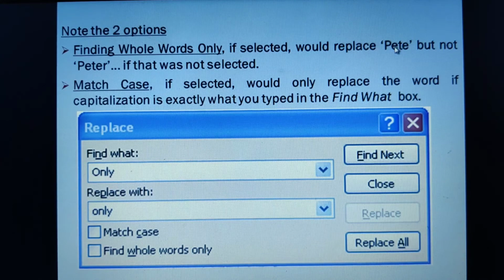Whatever you are searching for should be the same. If you are giving Peter completely, then only wherever in your document Peter is there, the same word will be selected. Match case means capitalization: exactly what you are giving, exactly it will match in the search. Fine, these were the two options we have seen.